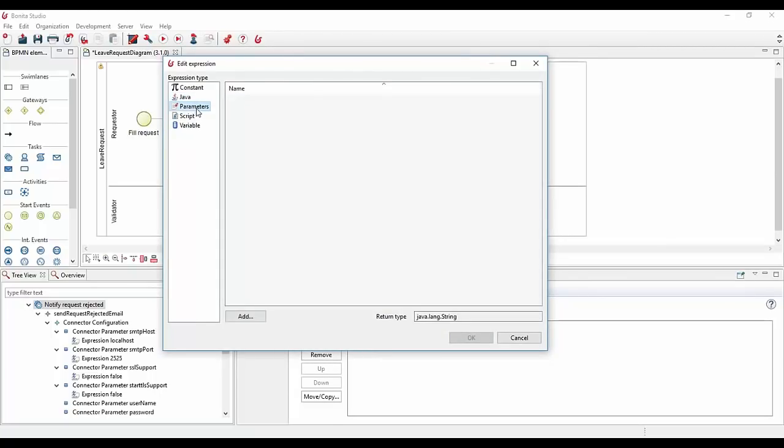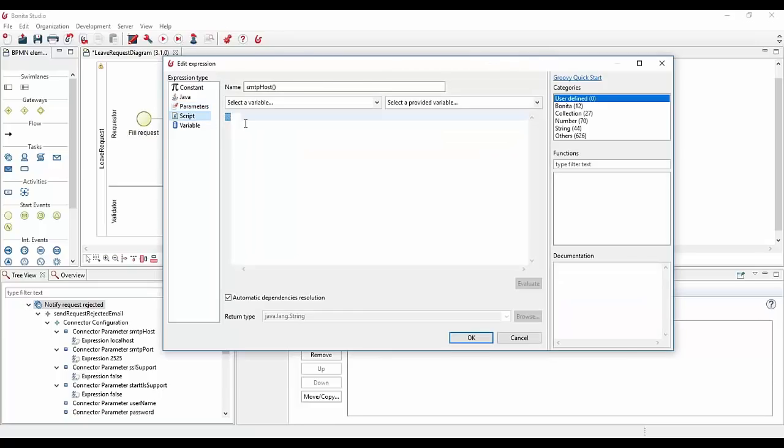You can also use parameters, which are really important from my point of view for connectors, and I will explain that right after. For the script, this is basically the Groovy script, so we already discussed that. But if you have a host, maybe you want to have something dynamic and a variable.